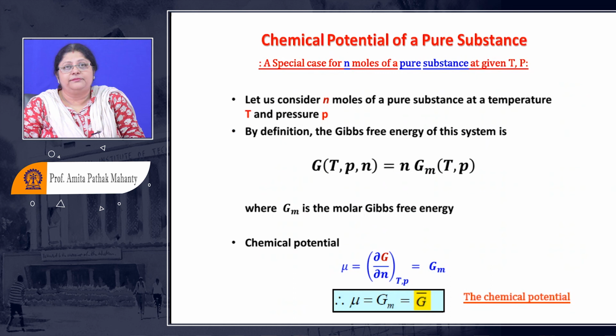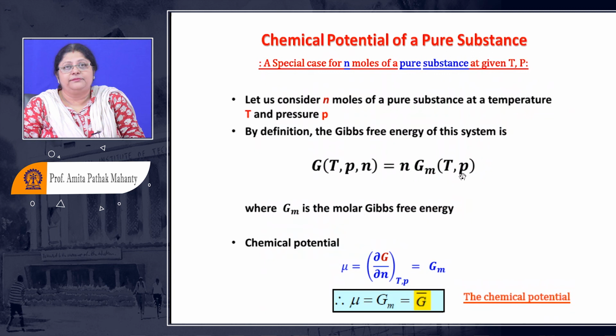Let us consider n moles of a pure substance at temperature T and pressure P. By definition, the Gibbs free energy of the system, defined at the given temperature, pressure and number of moles, is equal to n into Gm, the molar Gibbs free energy,